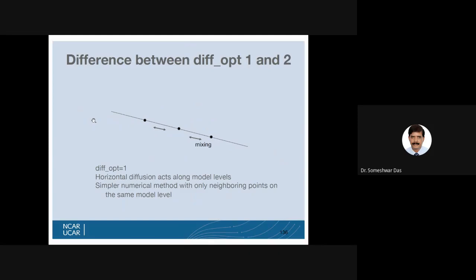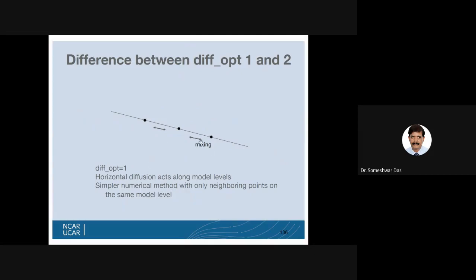Okay. Then this parameter diff_opt you can use as either 1 or 2, depending upon how you want to calculate the fluxes. Suppose you are setting diff_opt equal to 1. In that case, horizontal diffusion acts along the model levels.